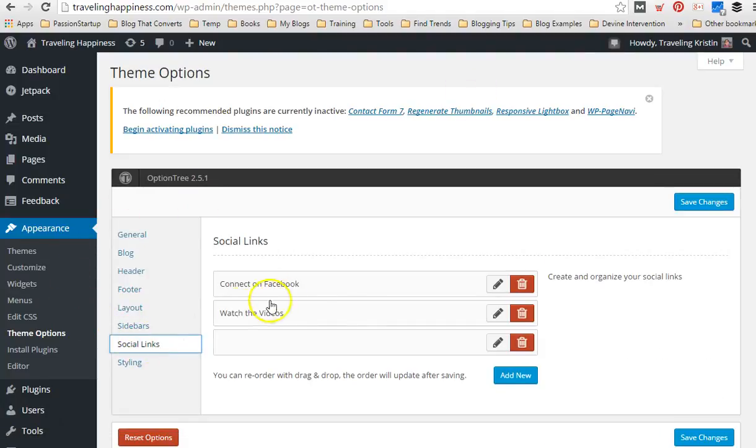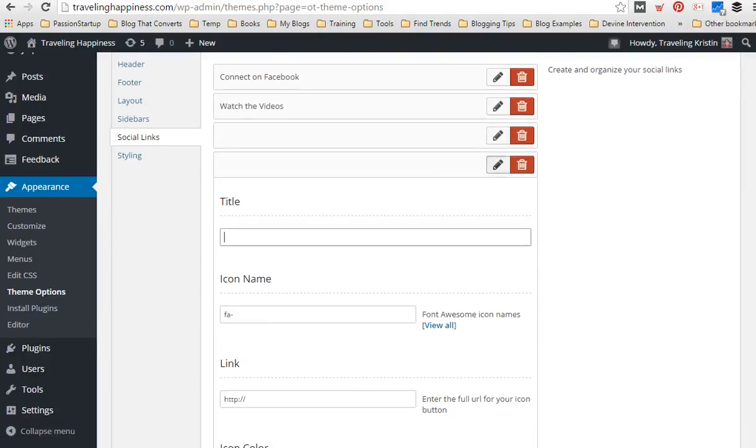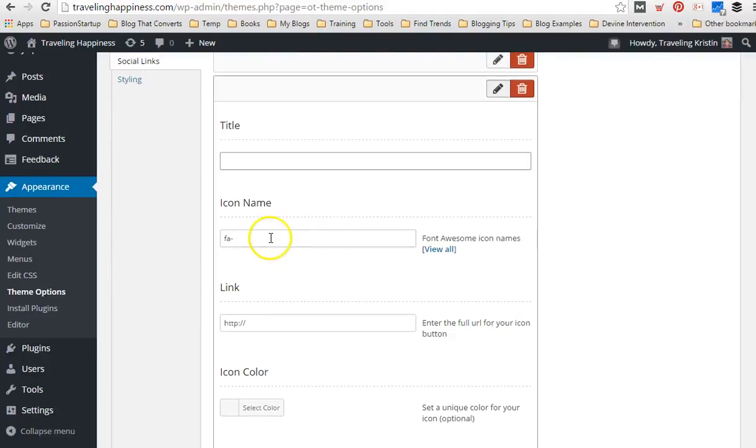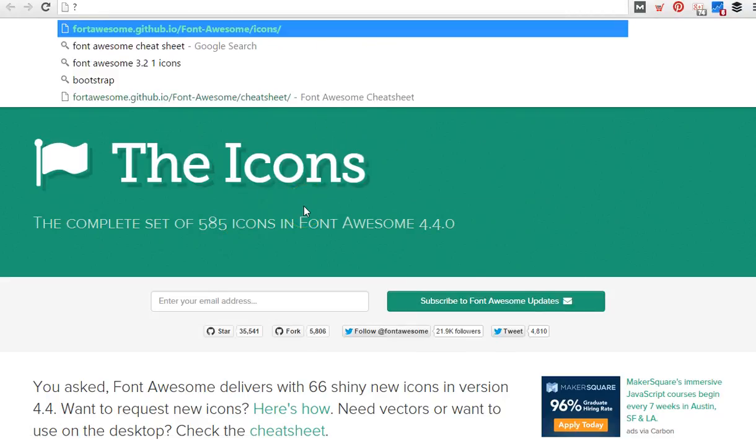For social links, this is actually where you can connect your social networks. If you click on Add New, you can get your icon name. To get an icon name, click on this link where it says View All. It will take you to this page where you can get the abbreviated icon names for the different social networks. So if you do a search for Facebook, for example,